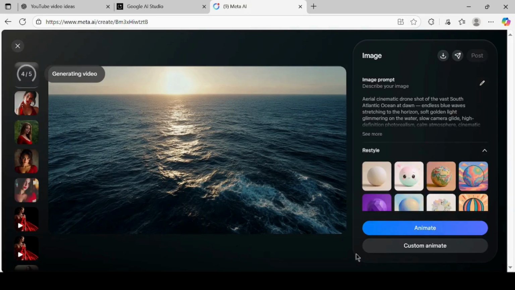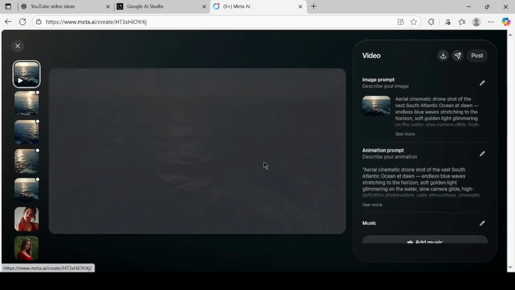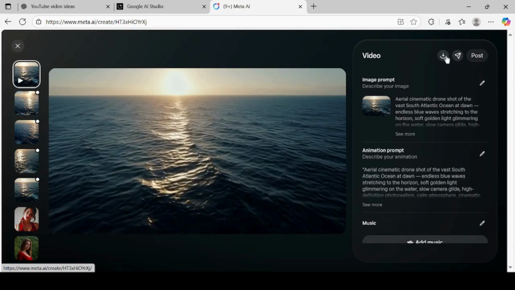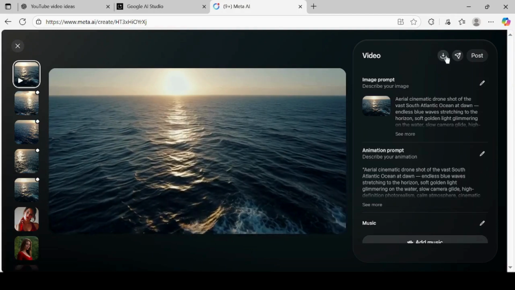The AI will now bring your still image to life by creating smooth camera movements, environmental motion, and cinematic effects. After a short wait, your animated scene will be ready. Preview the animation. If you like how it looks, click the Download button to save the video clip onto your